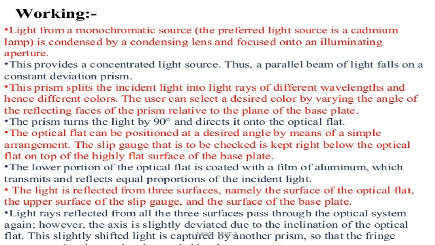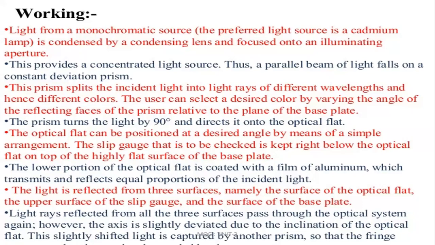So here we are using the cadmium lamp source, but in the NPL flatness informator we are using the mercury vapor lamp. So mercury vapor lamp has been used in NPL flatness, but in the NPL gauge informator we are using the cadmium lamp,